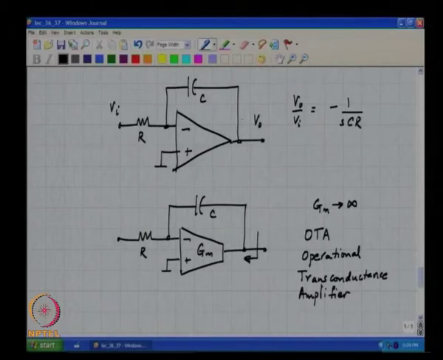If this is an op amp, a voltage controlled voltage source, what will be the output impedance? 0. Now, if I use an OTA instead of the op amp, what will the output impedance be? Okay, please think about it. We will continue in the